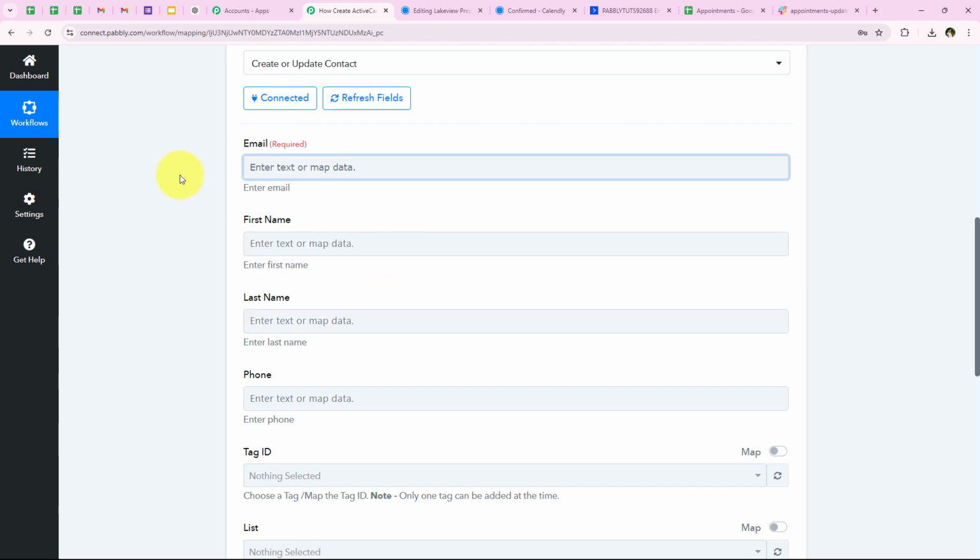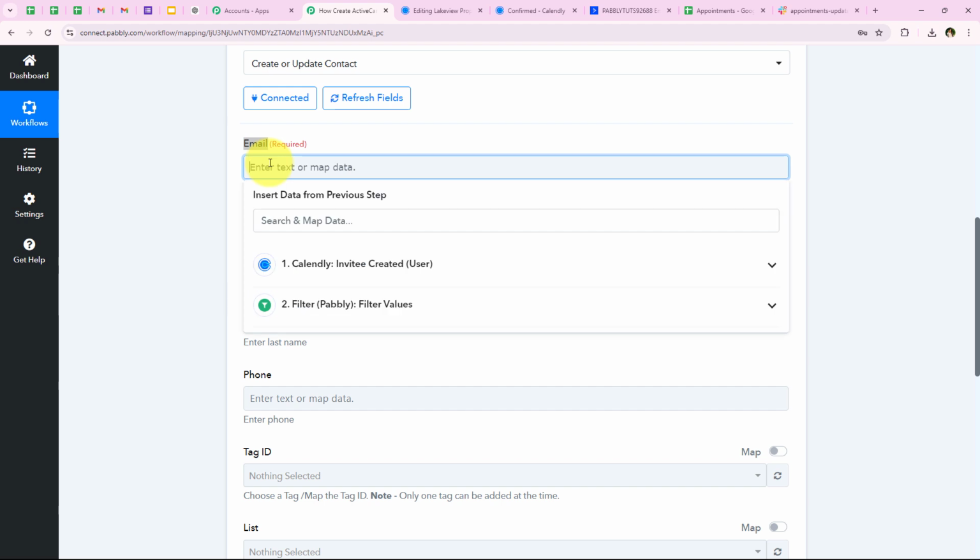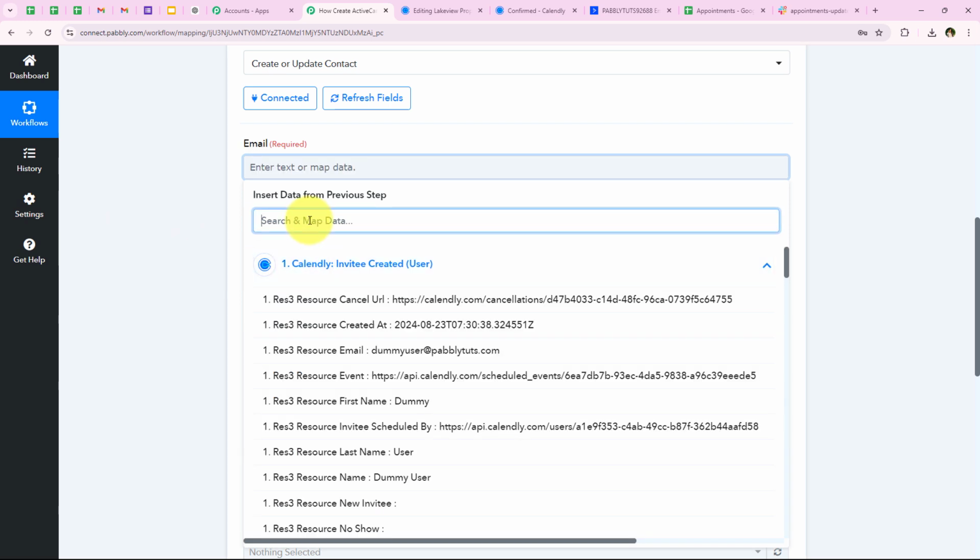So I'm going to give you an example right over here. It is asking me for the email. Let's suppose that I enter the email manually over here, dummy@pabblytudes.com. Then this will not change with every new response received, because this is static information and I've entered it manually. But if we map it from the previous response, I'm going to look for email right over here,